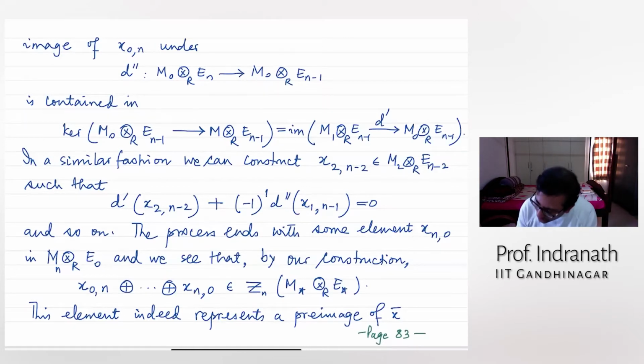Now if you just apply the d's, you will see that it will be 0, and you will be able to show that it will actually come down to your element at the bottom level. Now this verification is what you just do once, you just write it once, because otherwise these things will make no sense.